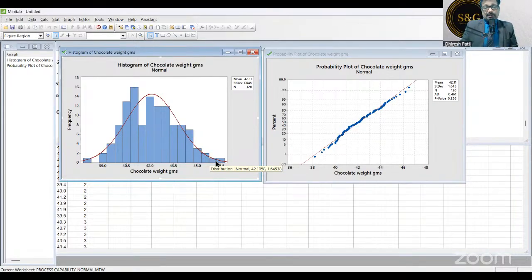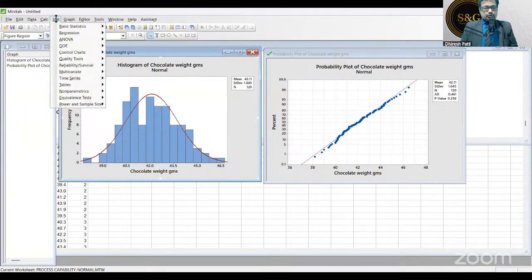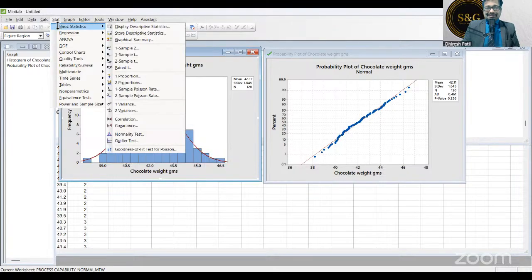So what we have done to confirm that, we have done a test called a normality test. Okay, so graphically it looks like it is normal distributed, but it is not statistically confirmed. So we have a normality test to confirm that. And how do we do that test? This is the procedure. Go to stat, basic statistics. The first option in the stat is basic statistics. Just slide this cursor over here in the basic statistic option and go to the third last option called a normality test.